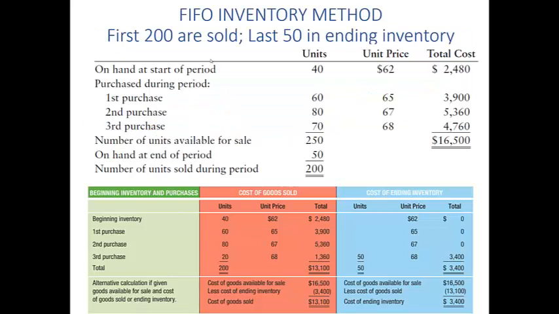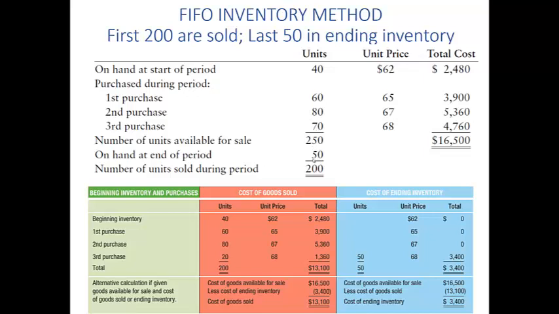Okay, so here is the same scenario we had before, but remember this time we're not using specific identification. These goods cannot be specifically identified. We're just simply assuming that the first goods we purchased are the first ones we sold. So in the problem it's telling us again that we sold 200 and we still have 50. That means the first 200 of these units were the items sold, and then the last 50 is the cost